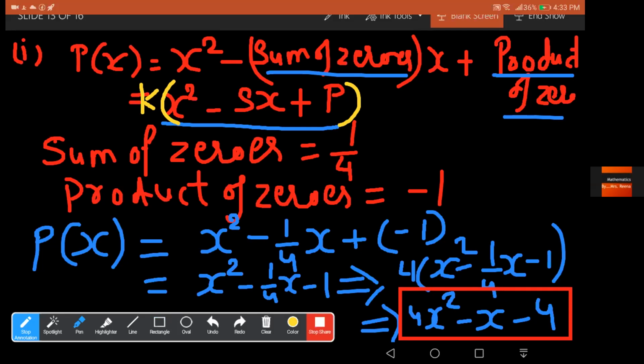कि यहाँ पे हम अगर इसको k से मल्टीप्लाई करें, ठीक है, 2 से मल्टीप्लाई कीजिए, 3 से मल्टीप्लाई कीजिए, 1/4 आप कॉमन लेना चाहे कॉमन ले सकते हैं, आप मल्टीप्लाई करना चाहे मल्टीप्लाई कर सकते हैं. So this is your general equation, k into x square minus sx plus p, where k is any real number. Okay, so we will take this formula for the next part and we will do the next part now. So let us do the next part of the question, that is the second part.